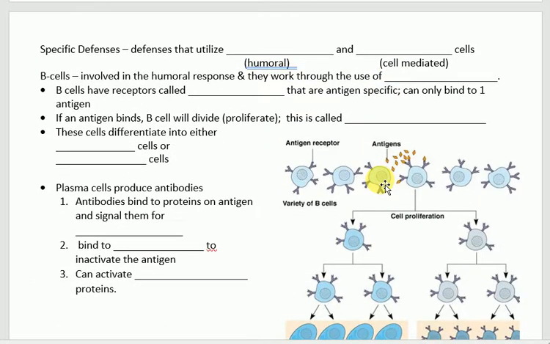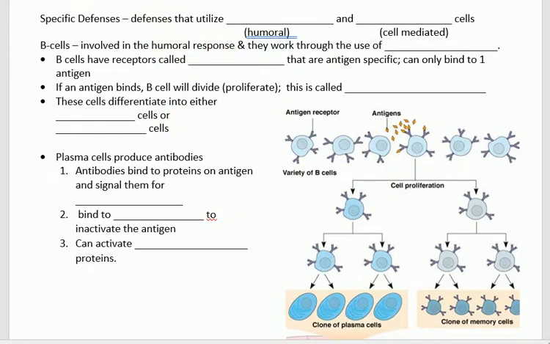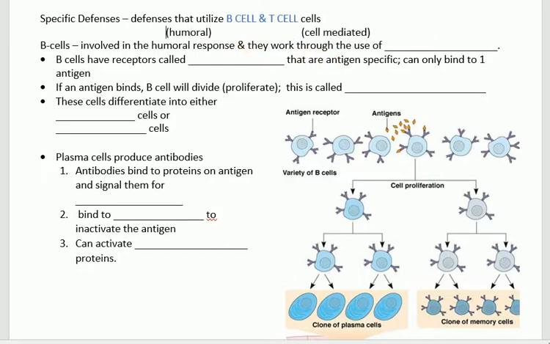So if we look at our specific defense, these are going to be defenses that utilize the B cell and T cell cells. And let me back this up here. The B cell is called humoral. The T cells are also referred to as cell-mediated. Okay,